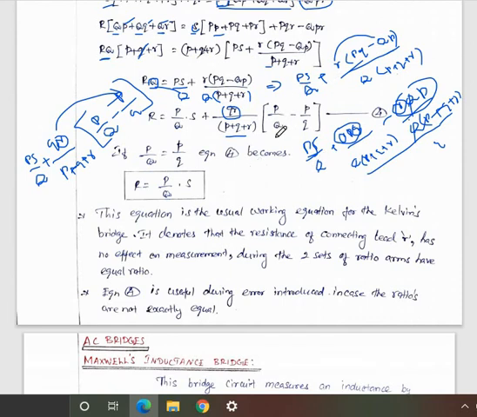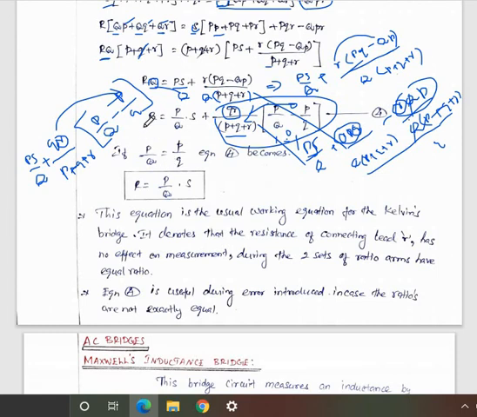Maybe you can take this ratio as 1, and the other ratio is also 1, because both ratios are the same. So 1 minus 1 is 0. And 0 multiplied by anything is 0, so the total term is cancelled. Because the ratio between capital P divided by Q and small p divided by small q is equal, the difference is 0, and 0 multiplied with any term is also 0. So both terms will be cancelled.